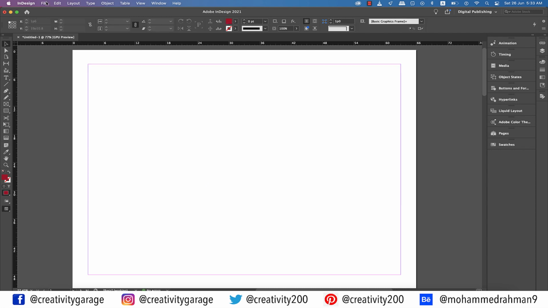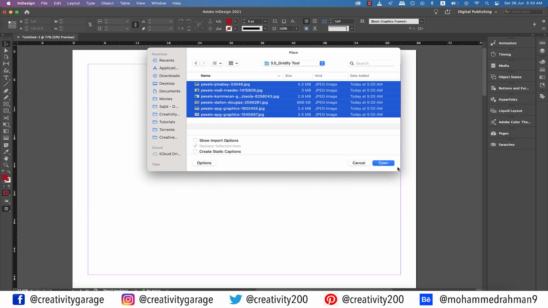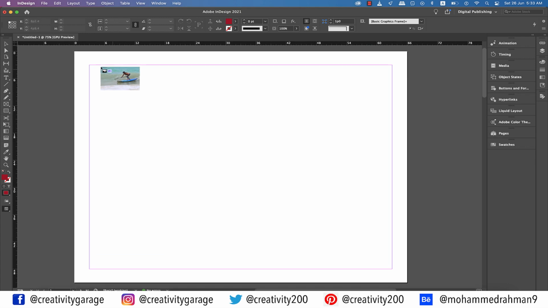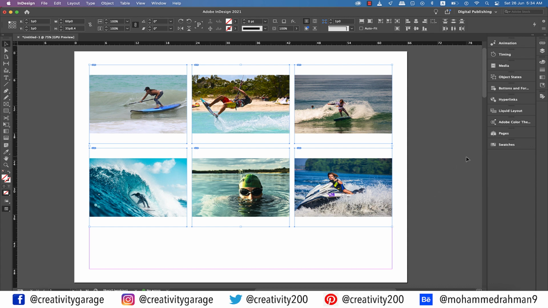And finally, let's go to File and then Place, and locate 6 images on the computer and hit Open. Once the cursor is loaded with images, you can decide which one should be the first one to be dropped onto the page by using the right arrow. You'll find it shuffling the images as you click. Once you've fixed your mind on the first image, click and drag to make a large selection, and then click the right arrow twice to split the rectangle into 3, and then up arrow once to split the rectangles further into 6, and then release the mouse. You shall find all the 6 images placed perfectly into their frames.